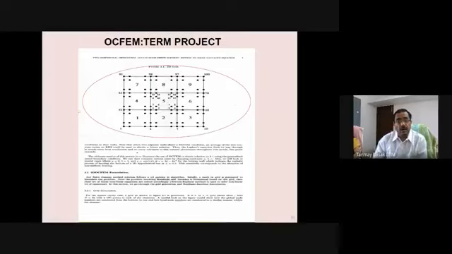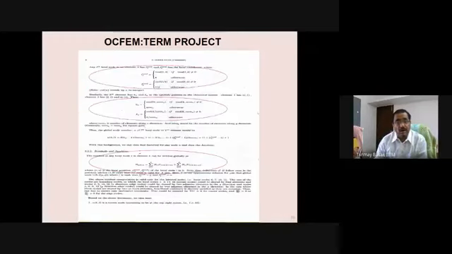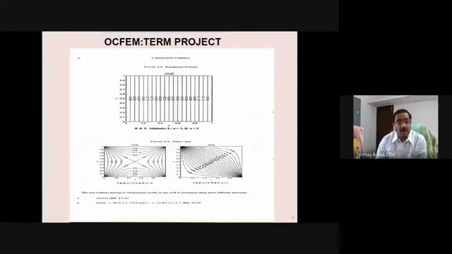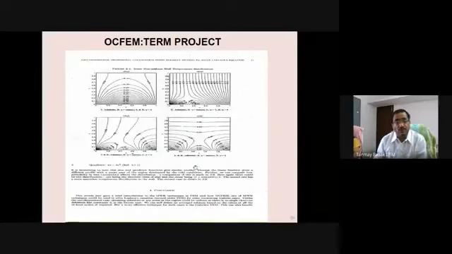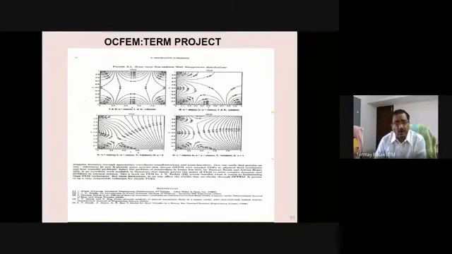This is the typical case, and we have considered 9 elements of this OCFEM grid, and took the same problem as I discussed. And this is the analytical solution for the problem, and we have taken different kinds of boundary conditions. So you can play with the different kinds of boundary conditions. Remember that this entire work was submitted as an undergraduate project in a finite element course, and these are the kind of profiles we have got using the OCFEM algorithm.